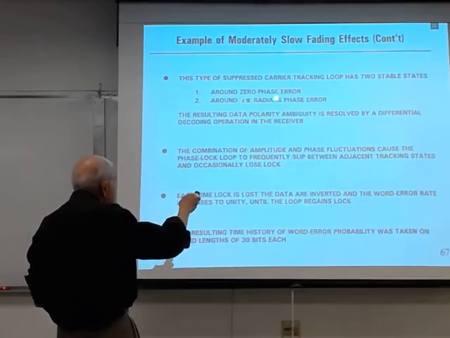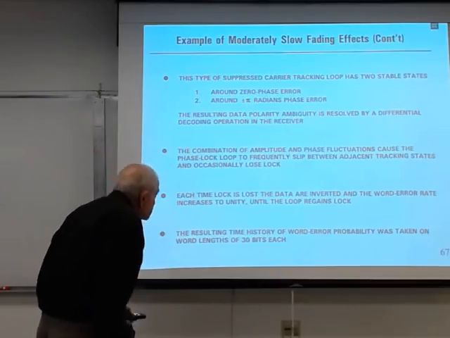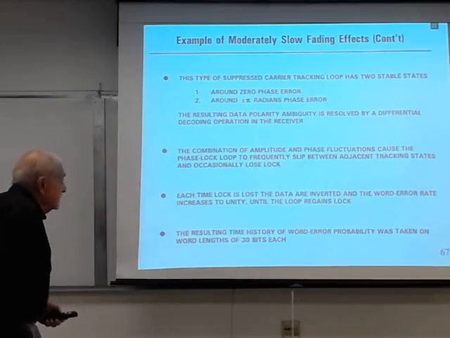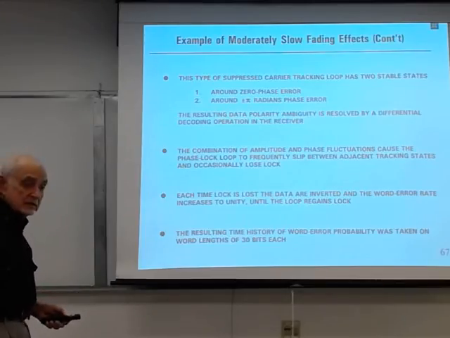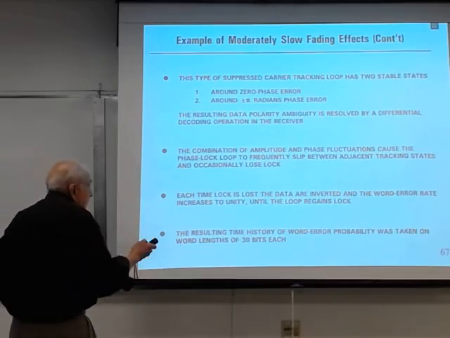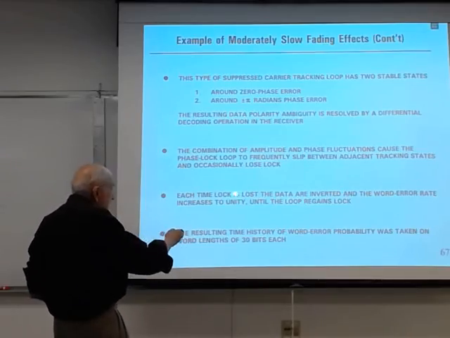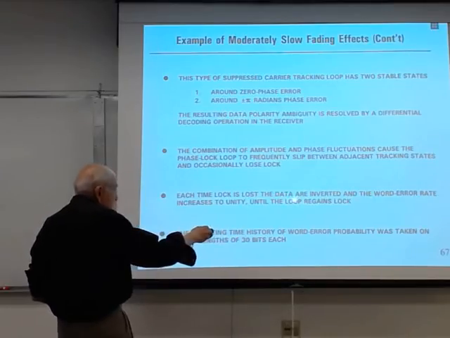So these 3, 0, plus pi, minus pi, are stable locks. And anytime it loses lock, it might come back to one of those positions, so each time lock is lost, the data are inverted and the word error rate increases to unity until the